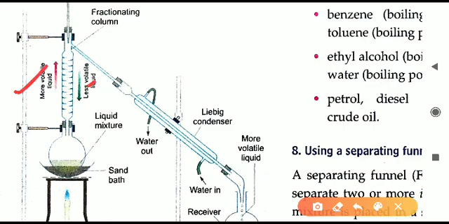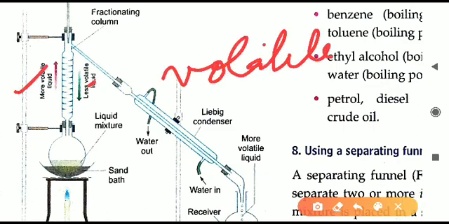What is the meaning of volatile? Volatile means something that is able to evaporate, something that evaporates easily in air, like alcohol. Alcohol, if we are keeping in open air, if we are not closing it, or if it is not covered, then it will easily get lost into the air. It will convert into vapors and it will be transferred into the air. Similarly, petrol or diesel or any of the fuel, any of the liquid fuel, so these are generally volatile in nature. They convert themselves into vapors and they are lost into the air, so they have to be kept covered. These are all volatile liquids.